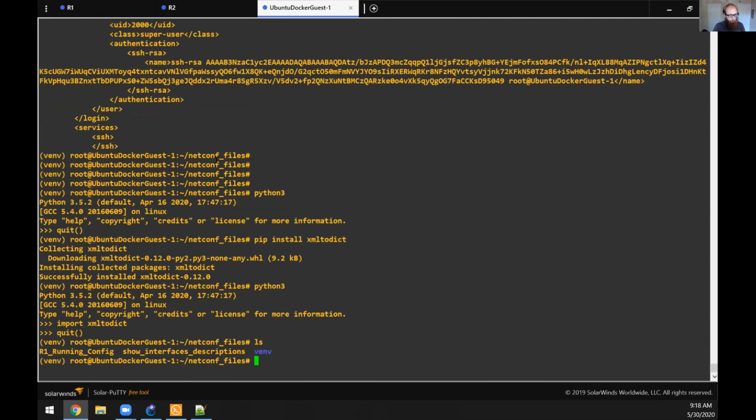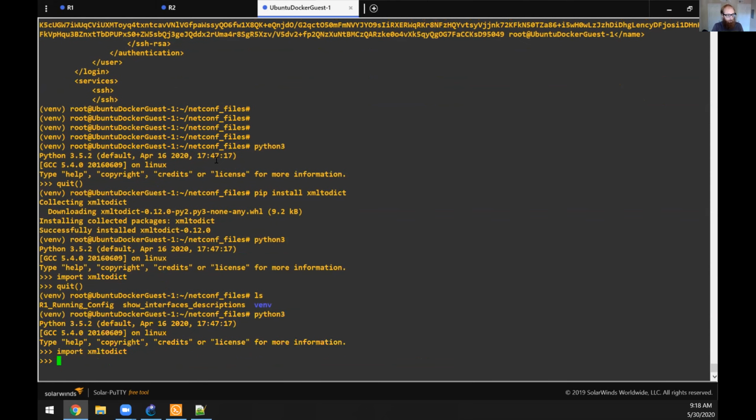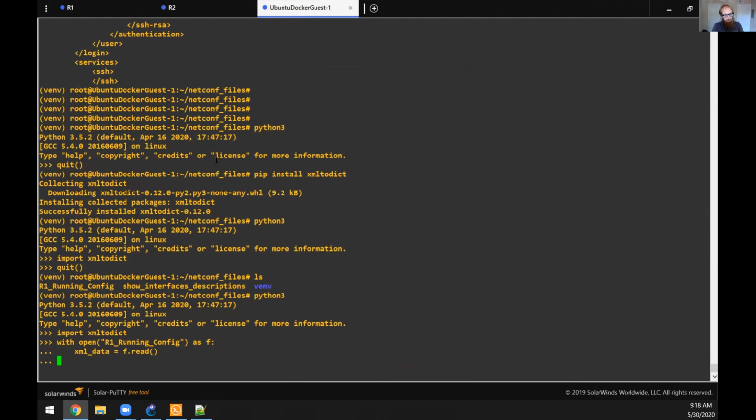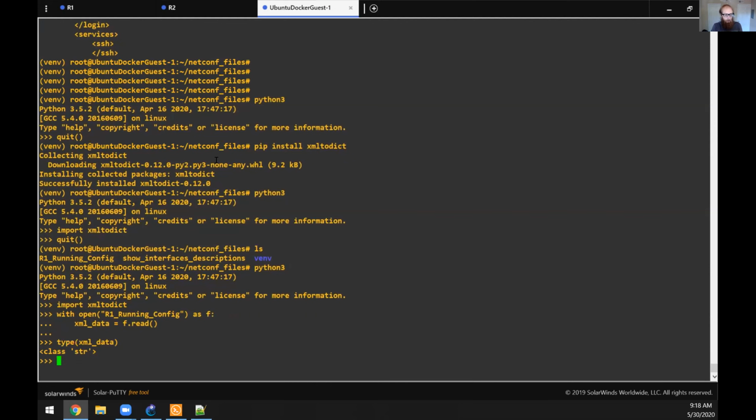Let's figure out the name of that file first. Okay, so go back, import xmltodict, with open R1 running config, and then it's read by default as f, and then we'll do xml_data equals f.read. So xml_data is a string now. If we did readlines, it would be a list separated by the new line characters, but we want it to be a string because we're going to say